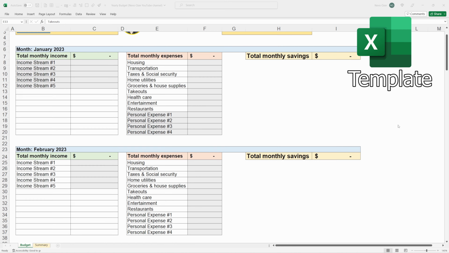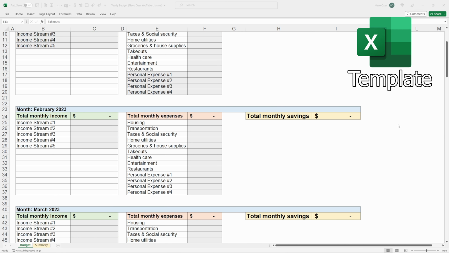In today's video, I'm going to share with you the 3 simple steps that you need to take to easily create yourself a personal budget and take your first steps to achieve your financial goals. Especially for this video, I created a budget template that you can download for free and start using today.